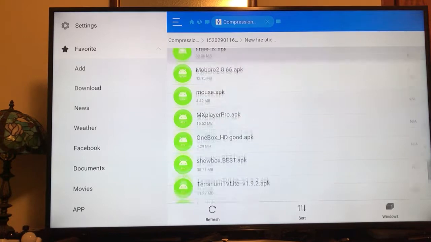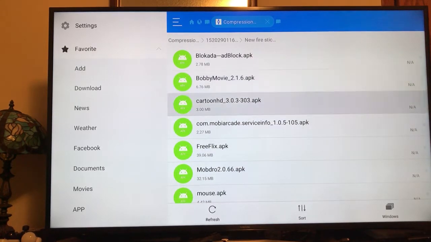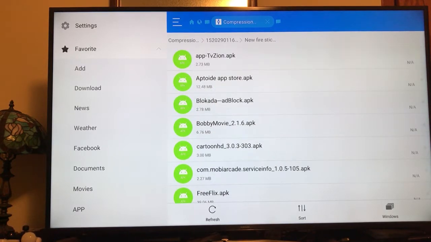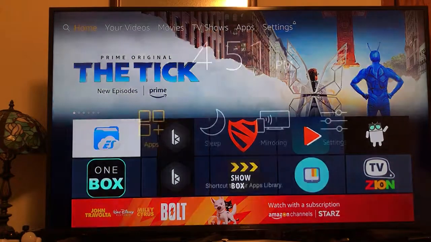So there's everything. If it says fail, it looks like it didn't, because this is the newer link, Cartoon HD, a couple different ads. So to start at the top, work your way down when you install apps. But to install third-party apps, the first thing you need to do, and I could have done this at the beginning of the video, but you need to go to settings,